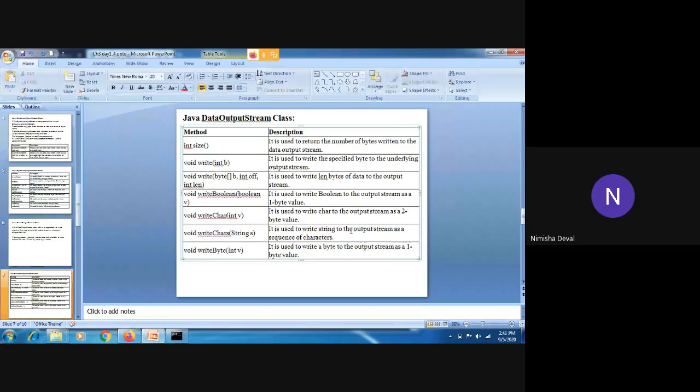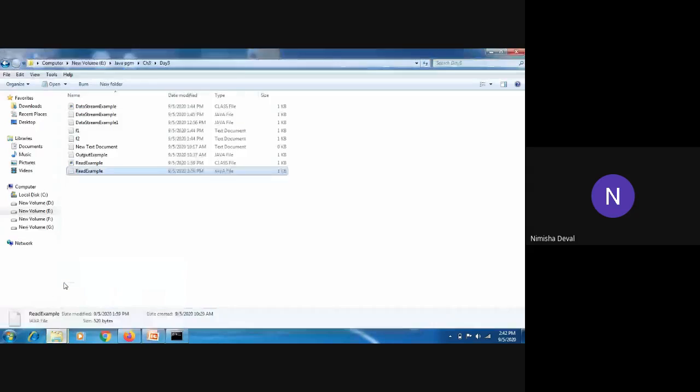This is the basic use of the method. Then write byte. This method is used to write a byte to the output stream as a 1 byte value. Okay, so these are the uses of these 4 methods. We will see it one by one, so you can understand it very easily. Otherwise, it will be confusing.